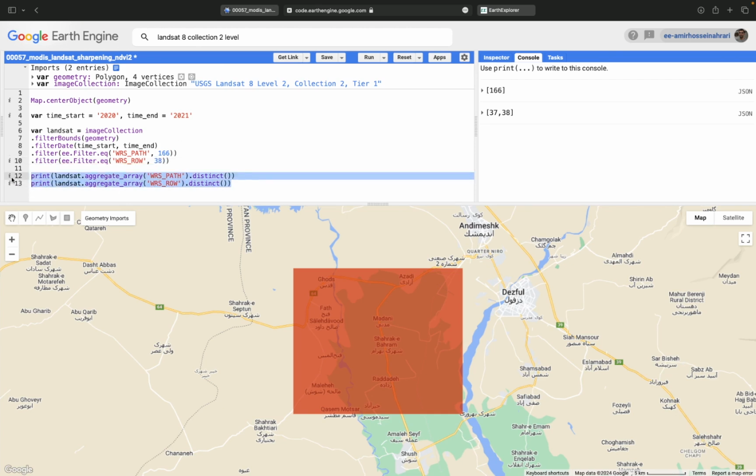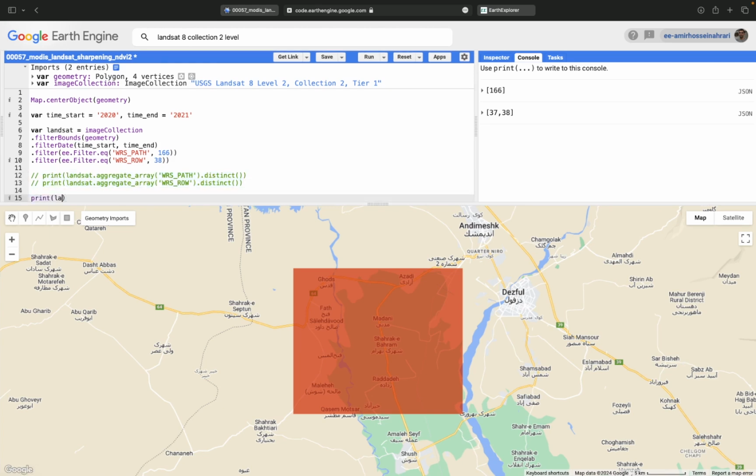So get rid of the previous code and then print the Landsat variable. As you can see, only 21 images with a 16-day interval are available according to the path and rows we